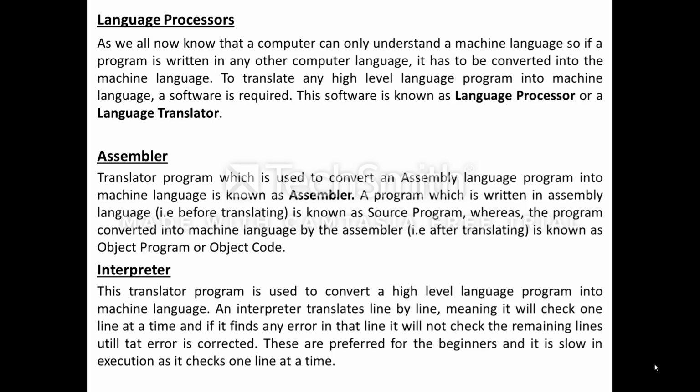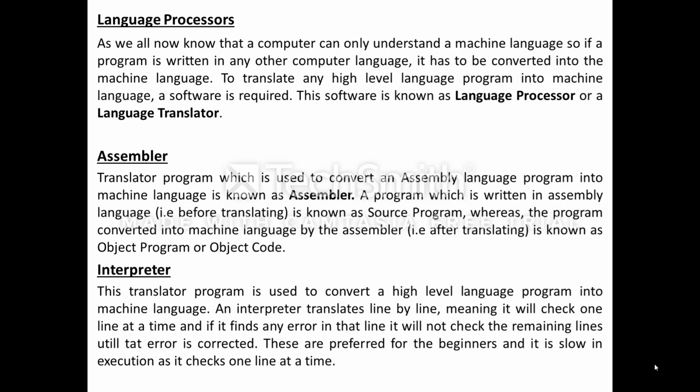A little while ago I told you all about the language translator. When we send any instruction to a computer, it is translated to machine language first, and then it is sent to the computer for processing. When the CPU processes it and the result is sent back, it is again converted from machine language to the human readable language. Okay. Now, there are three types of language processors.